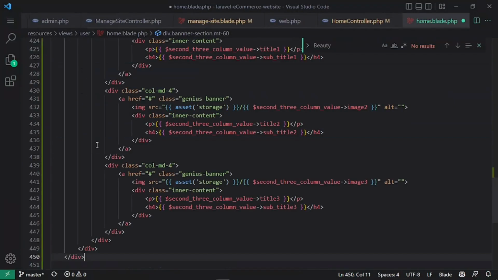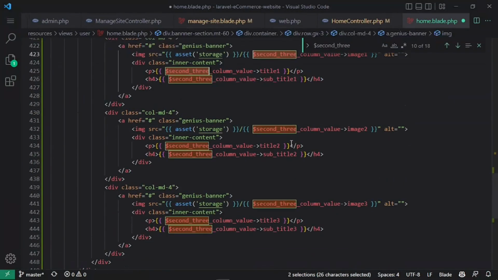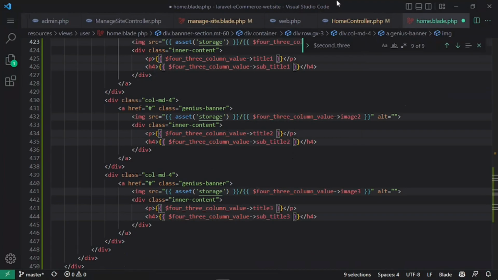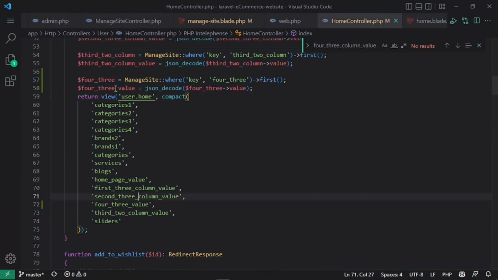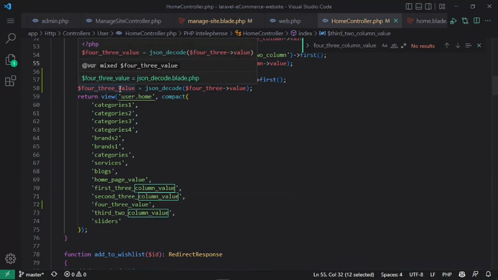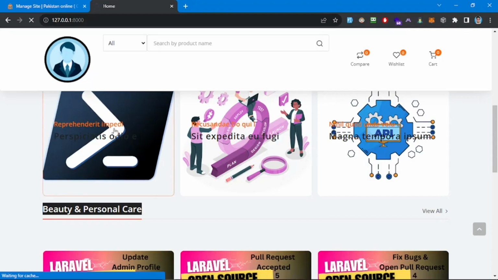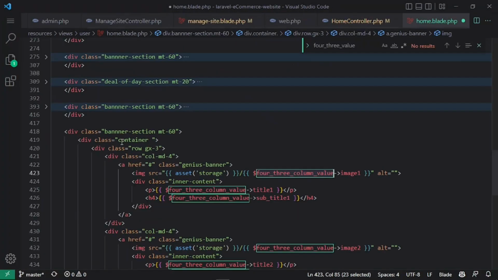Copy it, paste it here, and now change the names like this, and replace it with for 3 columns, column underscore values. This one should be column underscore values. So I'm gonna replace this one as well. And if I refresh the home page now and make sure to save, we have saved it, save it if we haven't,